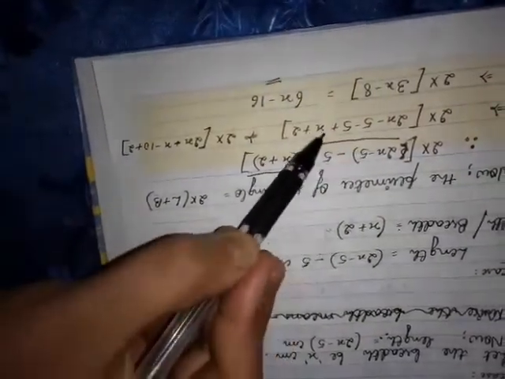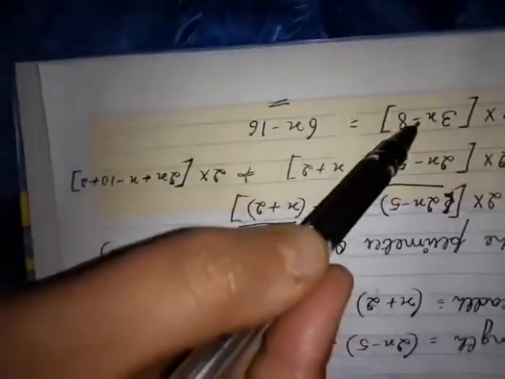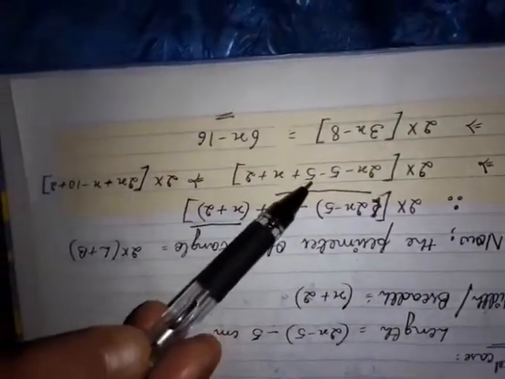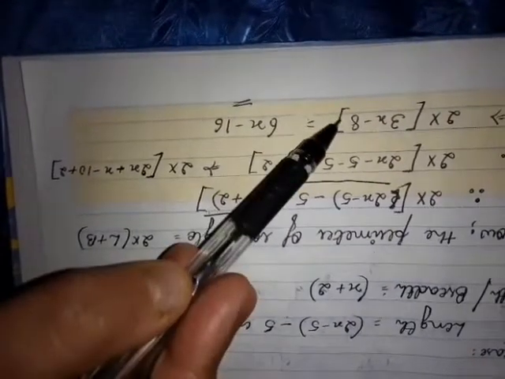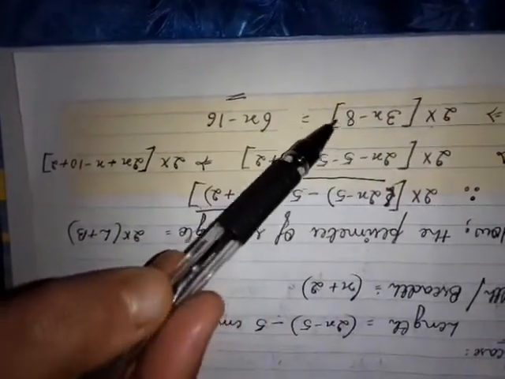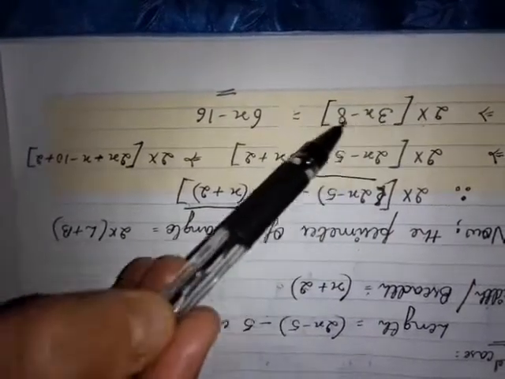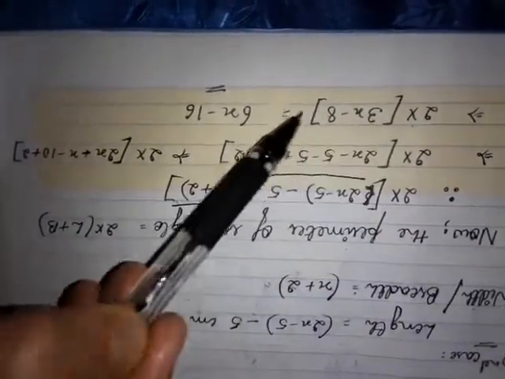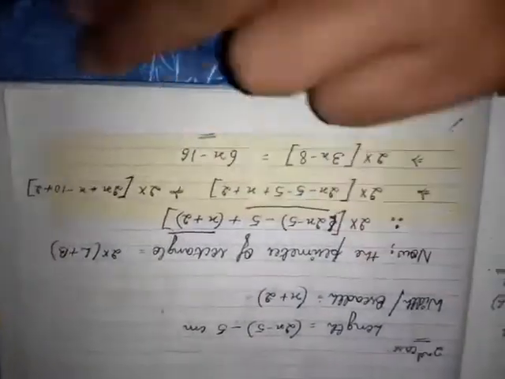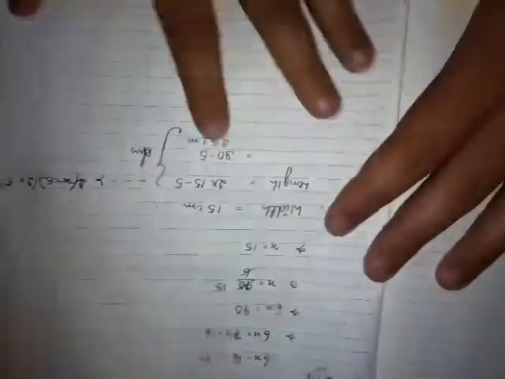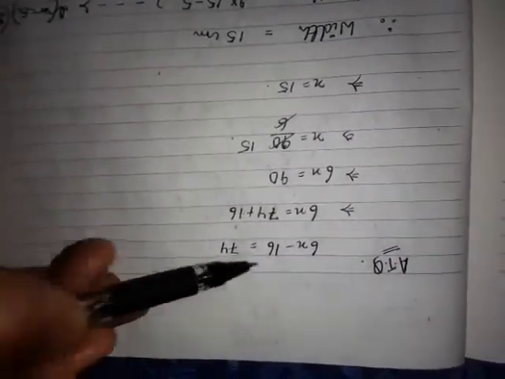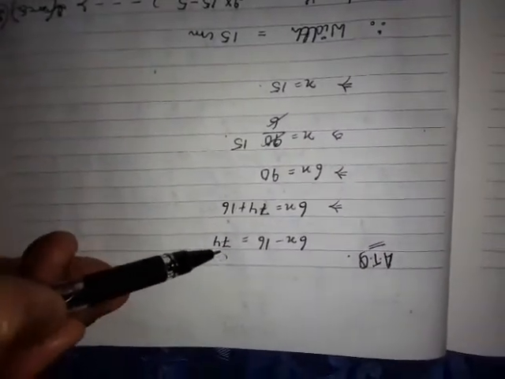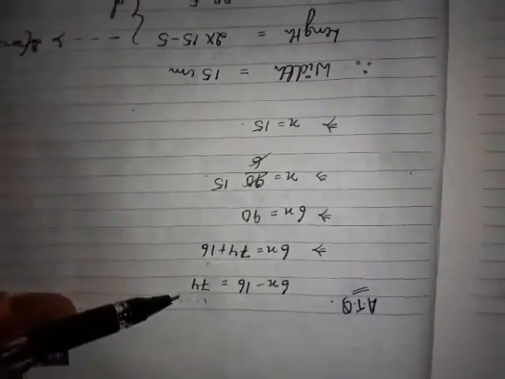So, 2x plus x is 3x. So, we write it here 3x, then minus 5 and minus 5 is how much? Minus 10. So, minus 10 plus 2 is how much? Minus 8. So, 2 into (3x minus 8). So, again 2 into 3 is 6x minus 2 into 8 is 16. Now, 6x minus 16 is 74, because the perimeter value is 74 in this case. 6x minus 16 is equal to 74.